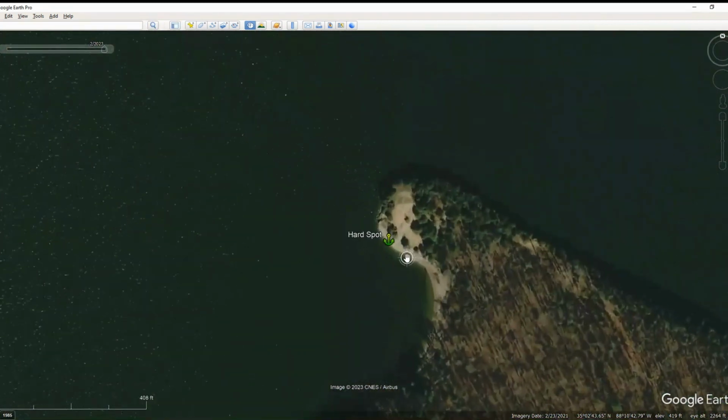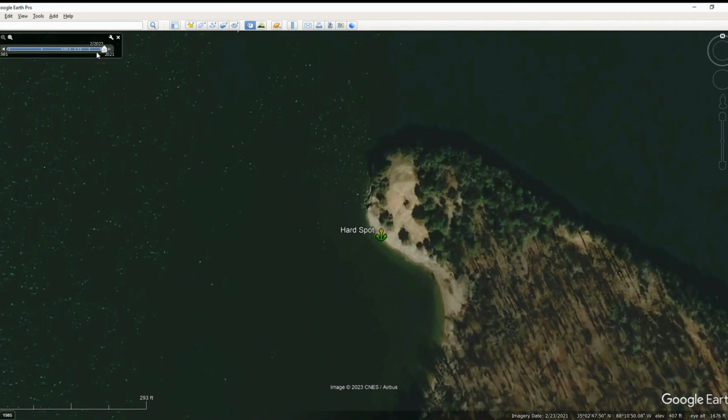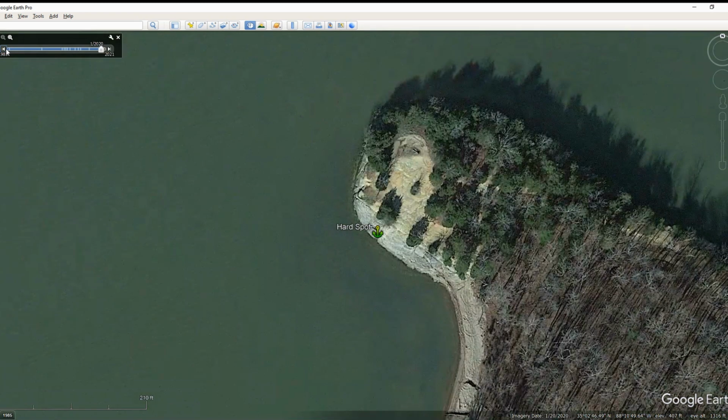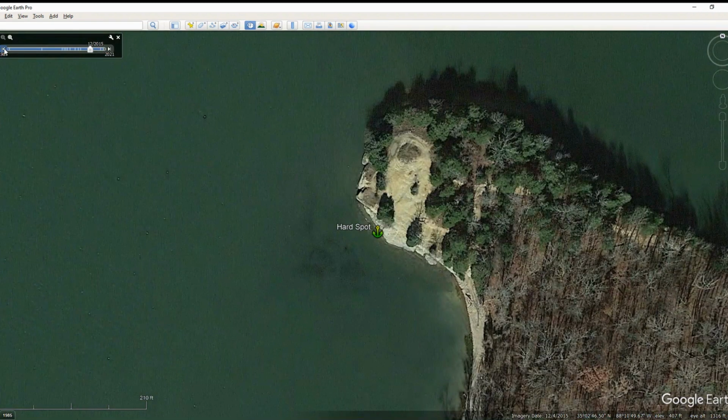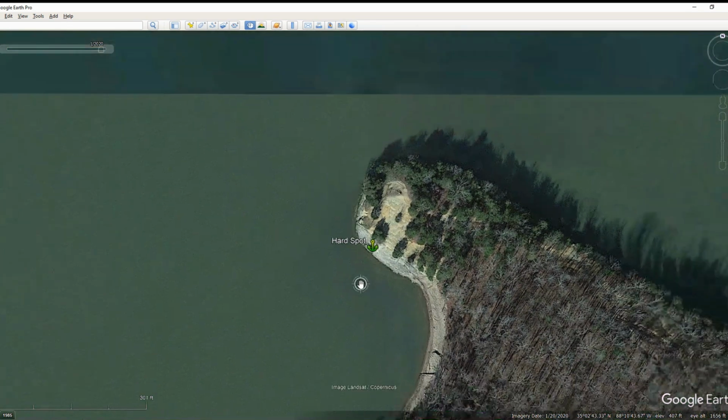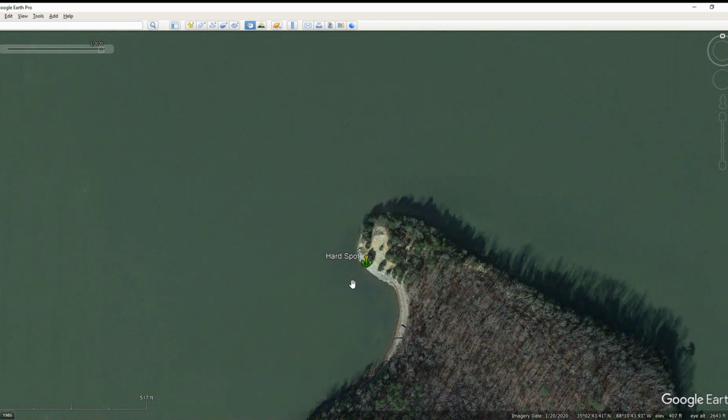Now, right now, I have the date set to February of 2023, and you can see the image is pretty good here. It looks somewhat blurry though, so I think we may be able to get a better image. So let's just draw this back. And when I draw it back to 2020, that gives me a really good image. I don't know if we're going to get anything better than that. 2015, the water's a little higher. 2012, the water's too high. 2010, too high. 2008, too. Yeah, so 2020, which is cool because I love it when it's a newer date, because then we can see everything that's there. And we also know that from laydowns and stuff shifting, this is going to give us a much better